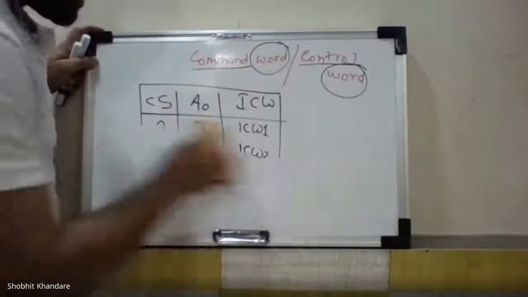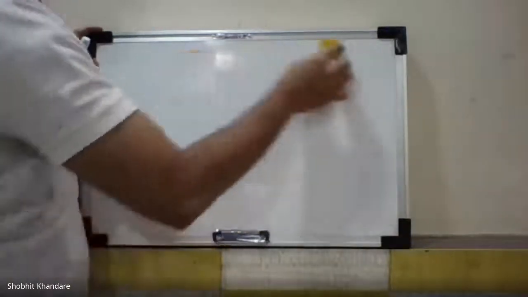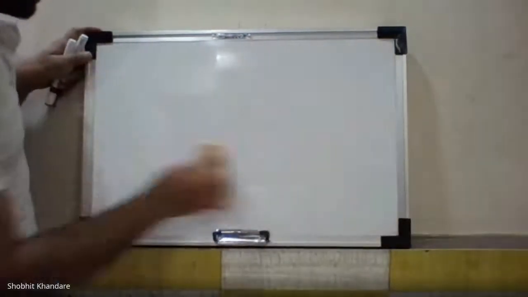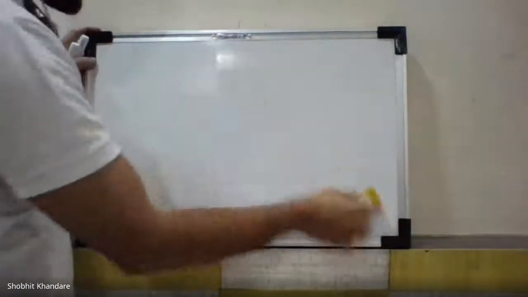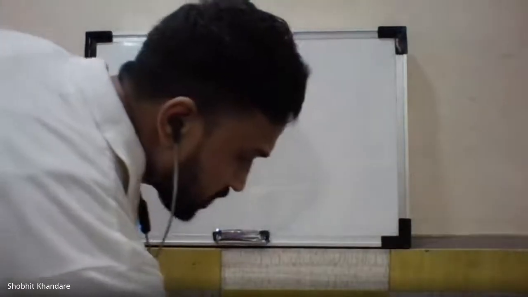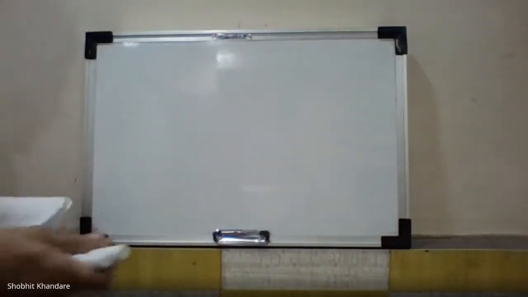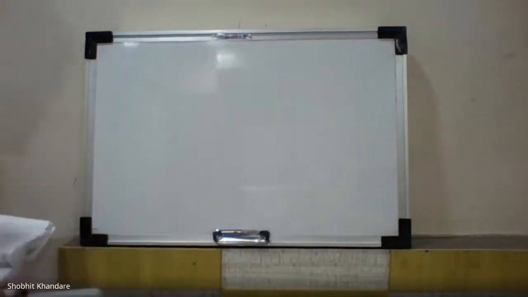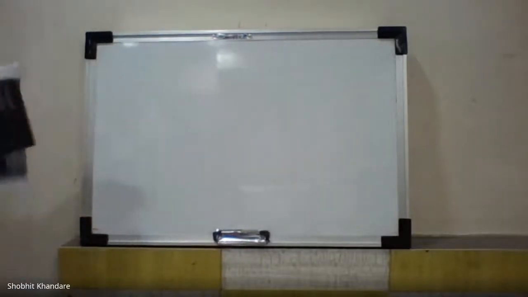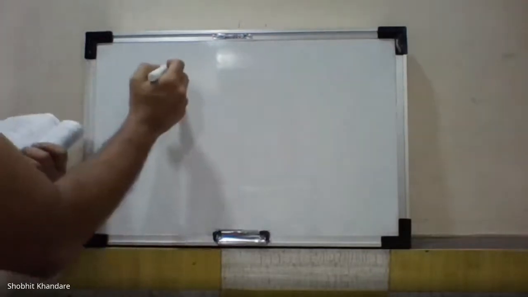Now we will start with the first one, that is ICW1. So all please write down ICW1. In this, all your concepts will become clear. So what is ICW1, we are going to see now. We will write down the format, then we'll understand each and every bit. The format, as I said, is a byte, that is 8 bits. So draw this.